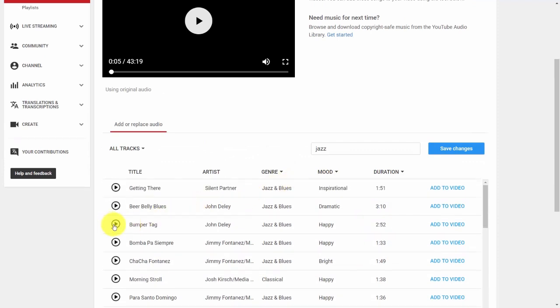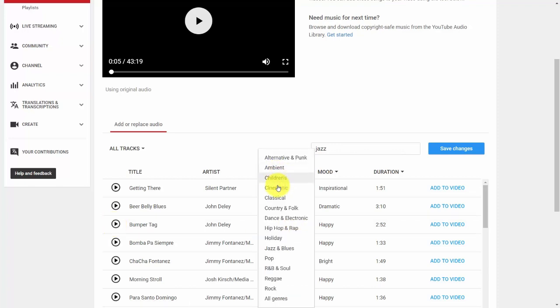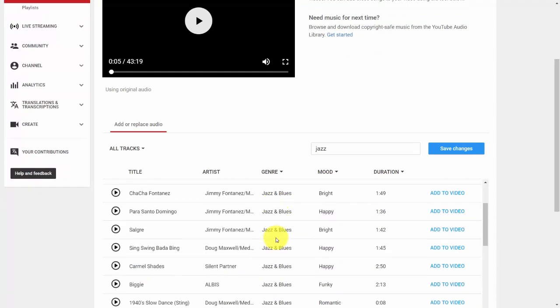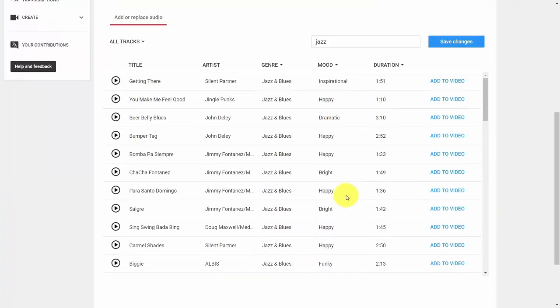You can determine which ones you actually want. You can also sort by the genre that you want. You can do that here. And then once you find the background music that you'd like to place inside of your video, you can then